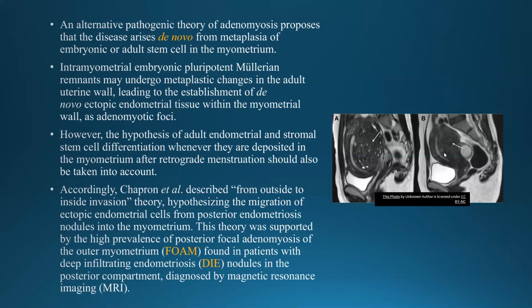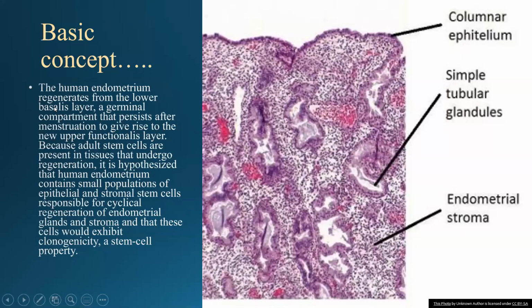So just to give you a basic concept about the basal epithelium, the human endometrium regenerates from the lower basalis layer. We all know that; we learn about that in medical school. It's a germinal compartment that persists after menstruation to give rise to the new upper functional layer. Because we know that adult stem cells are present in tissues that undergo regeneration, it's hypothesized that the human endometrium contains a small proportion of epithelial and stromal stem cells responsible for the cyclical regeneration of the endometrial glands and stroma, and that these cells would exhibit